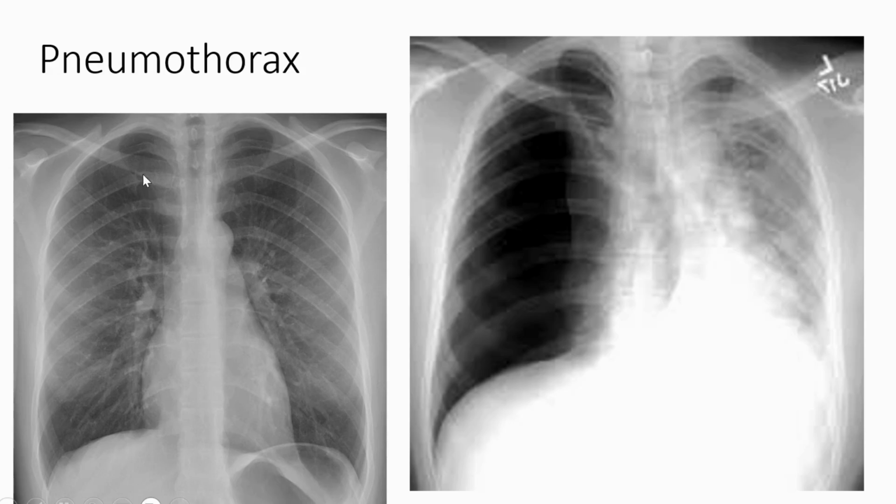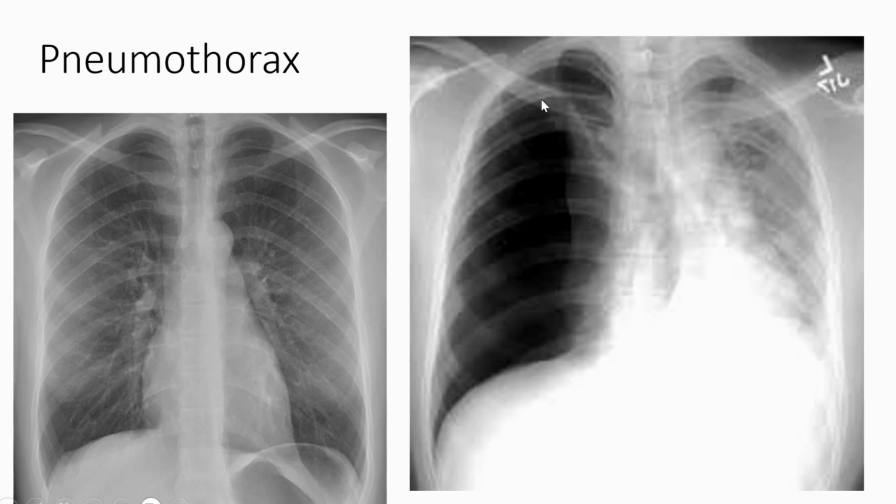In normal, we can see the bronchovascular markings extending from center to periphery, and the lung field appears as a radiolucent structure in the hemithorax. Whereas in this second image, on the right side, we can see that the collapsed lung appears as an opaque structure, outlined by a thin sharp margin. This is the visceral pleura, and there is a lucent area, that is, increased lucency of the right hemithorax, and there is no bronchovascular marking within it. This suggests that this is air outside the lung and within the pleural space. This is the pneumothorax, because of the air within the pleural cavity.